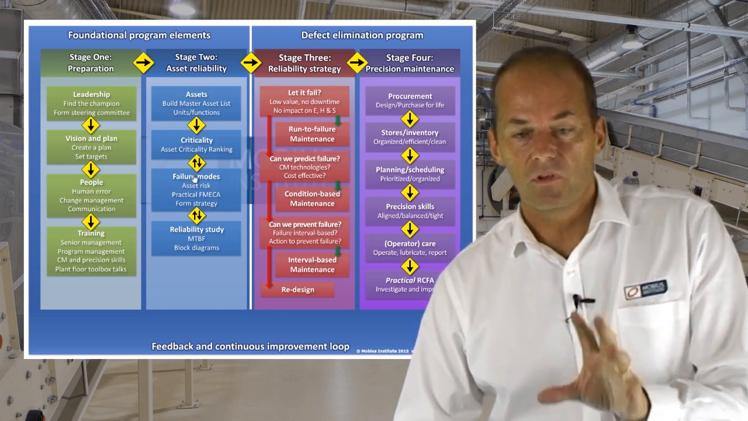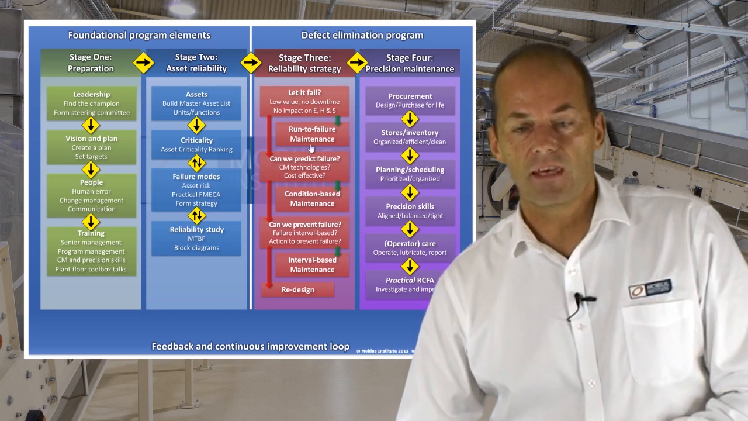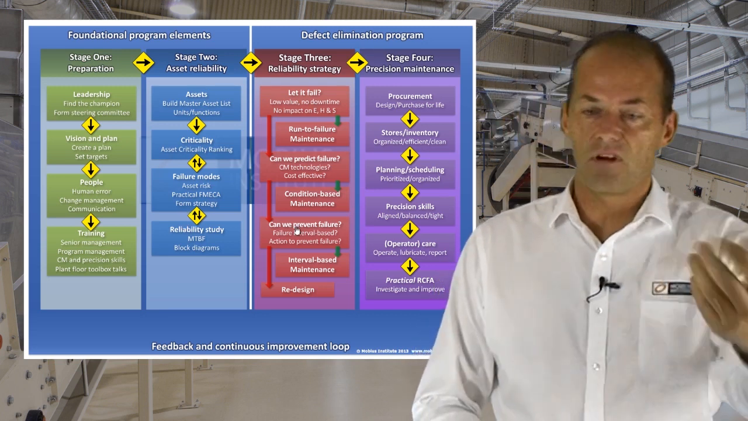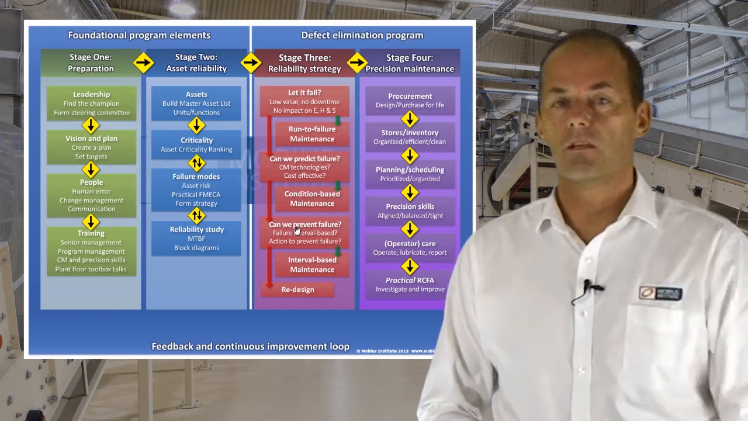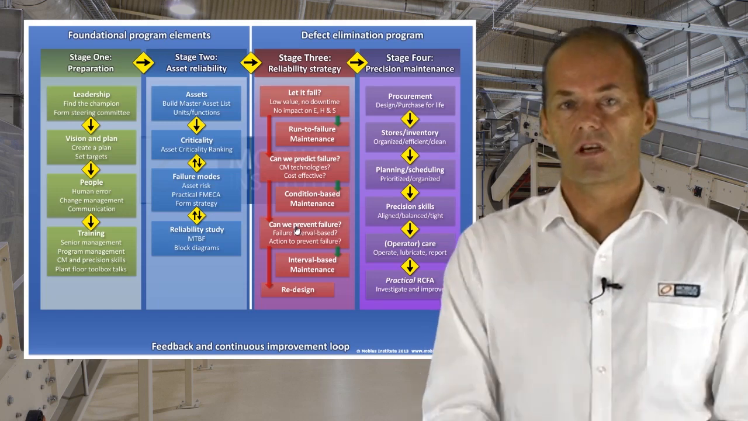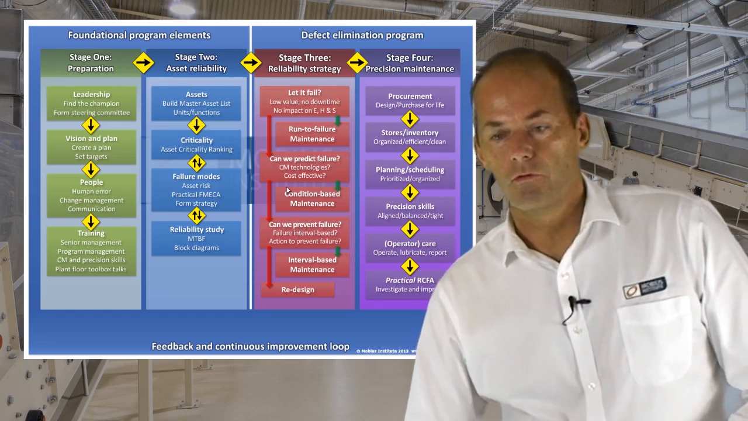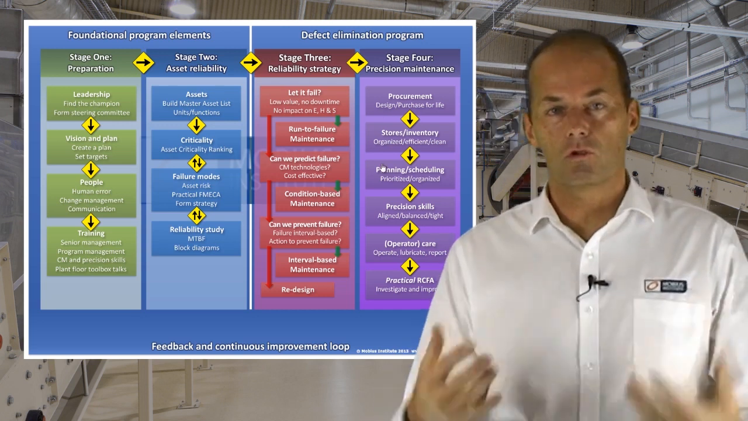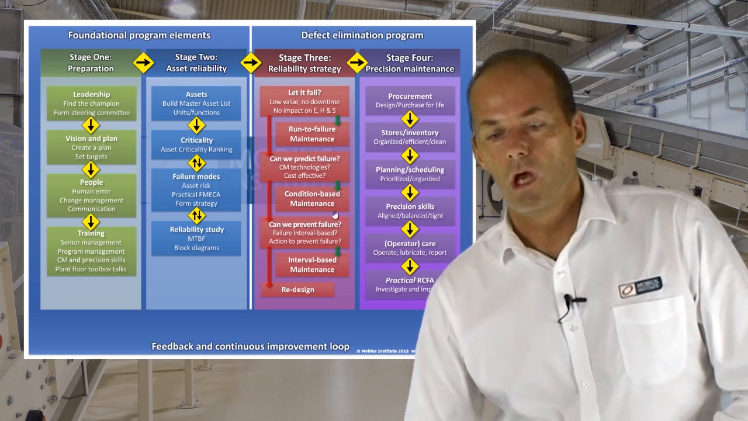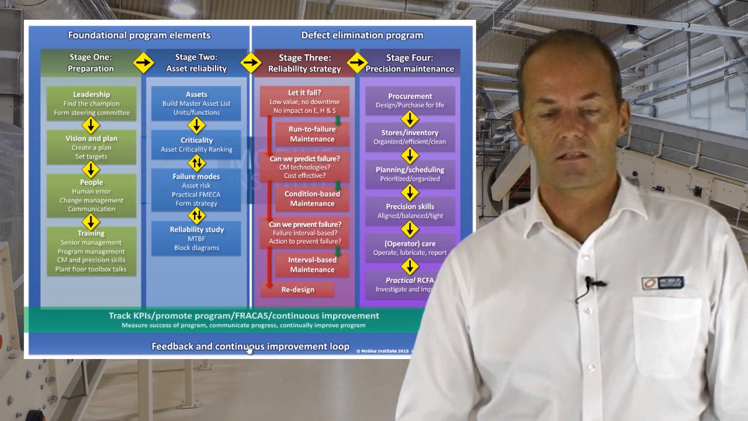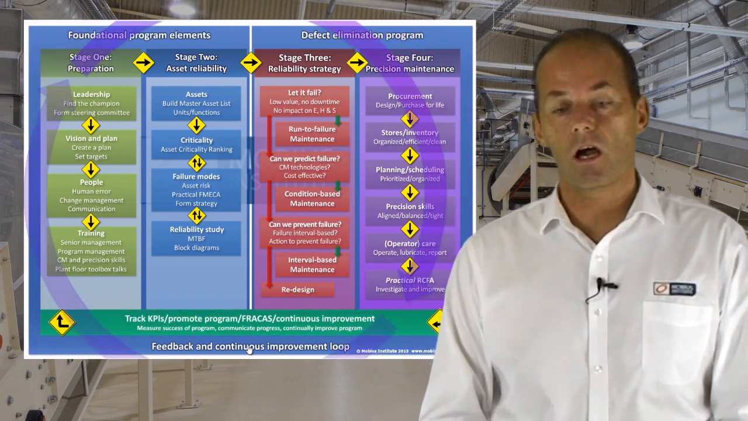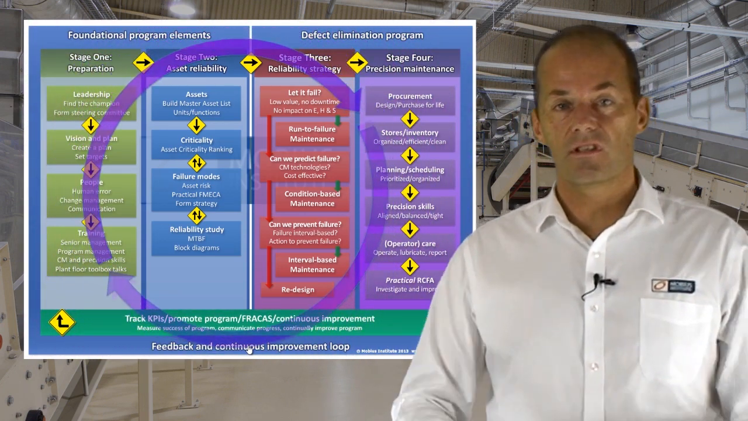We perform this analysis so that we can make the decisions for each asset: run to failure, condition-based, interval-based, or whether redesign is necessary. We make sure we perform all of these steps to ensure that the plant's going to be reliable. But last but certainly not least, when we consider the program in its entirety, we have to consider